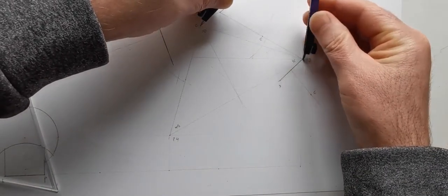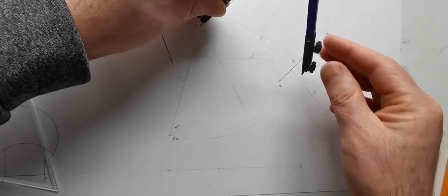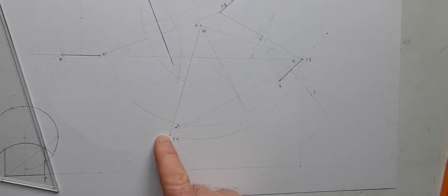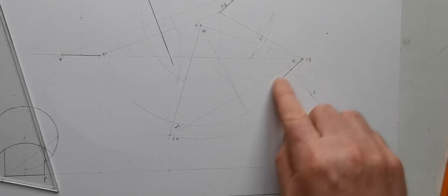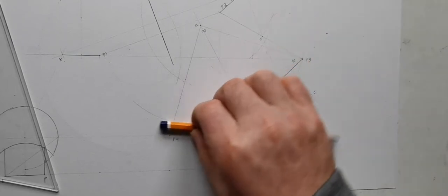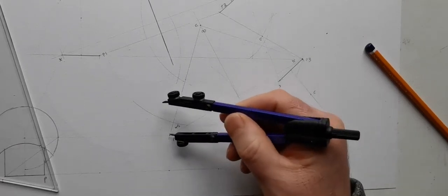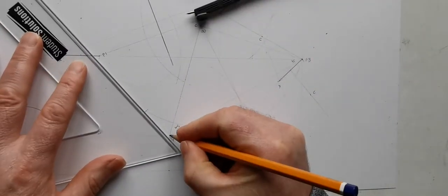So P3, I'll swing this arc just so you can see what I'm doing. P3 goes to P4, and X. Now there's a few different ways of finding X over here, but because X is to the left of P3, it's going to be to the left of it over here as well, and it has to stay 30 away from it. So that there